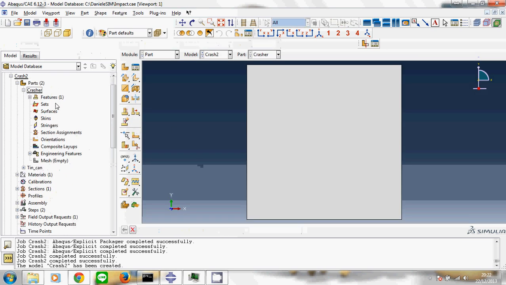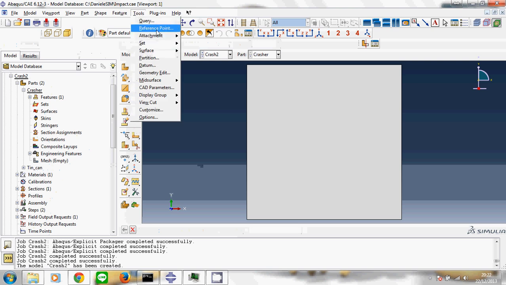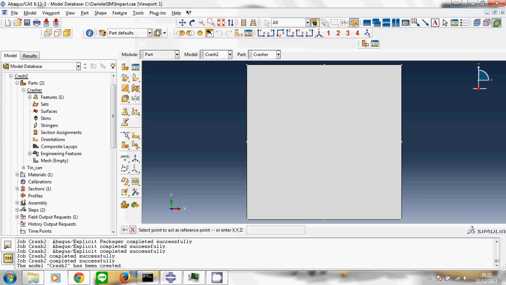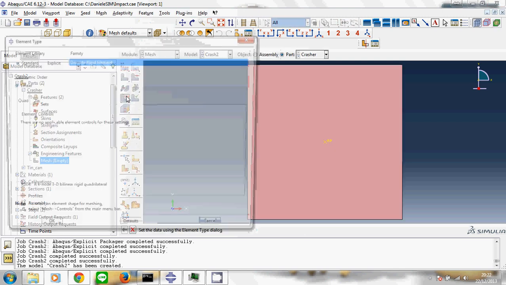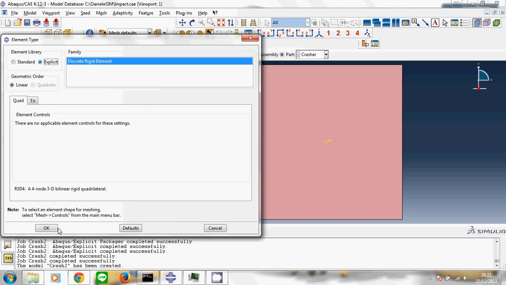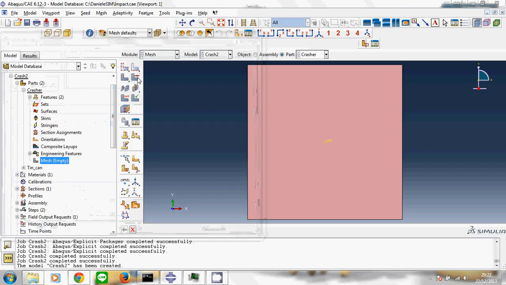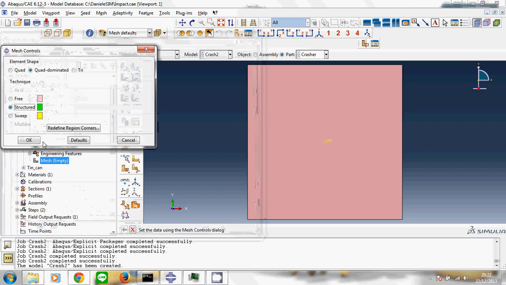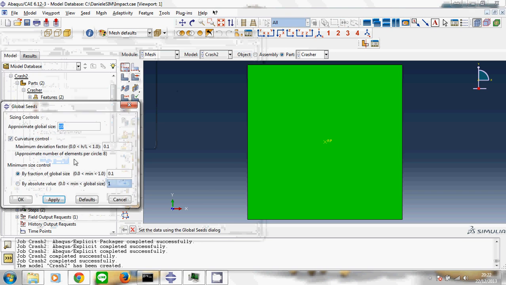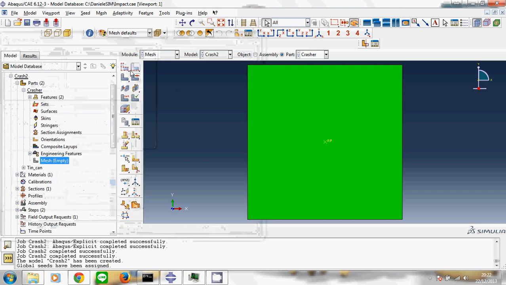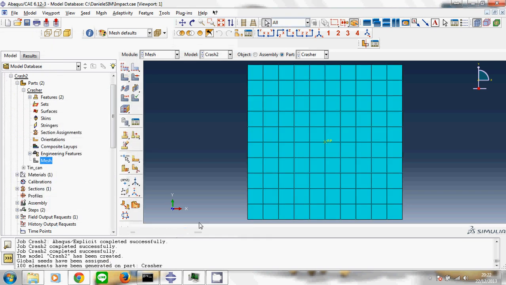Now for a rigid I need a reference point, and I put 0 0 0, so in the center. I perform a mesh, selecting explicit, the type of mesh, structured. Okay, a very wide mesh. We don't need it very